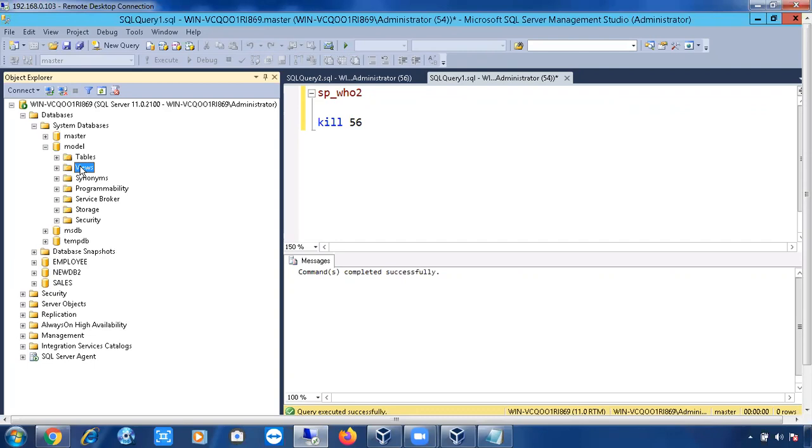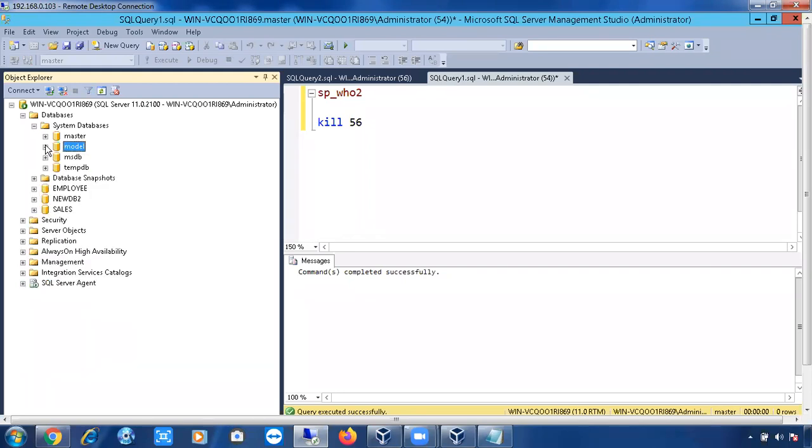Okay, so that is the assignment for today, meaning for the next class. What is the assignment? Simply create a new table in the model database. Then try creating a new database. Then check whether you are getting the same table in the new database or not. Not existing databases. Once you create any table in the model database, try to create a new database. Then check whether you are getting the same table in the newly created database or not.